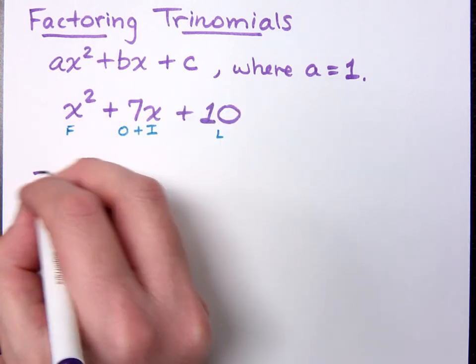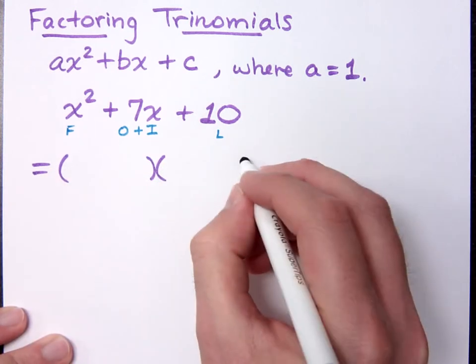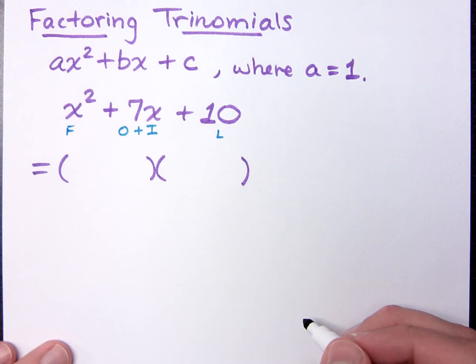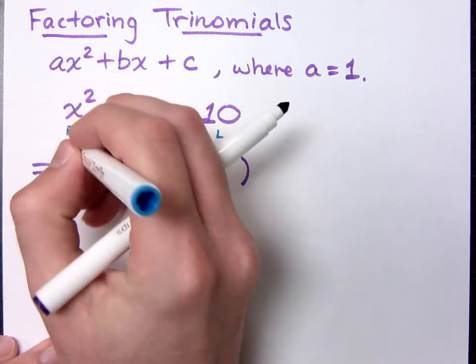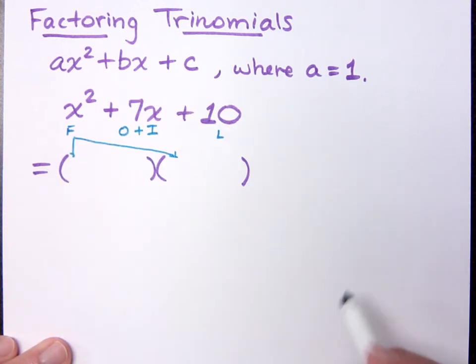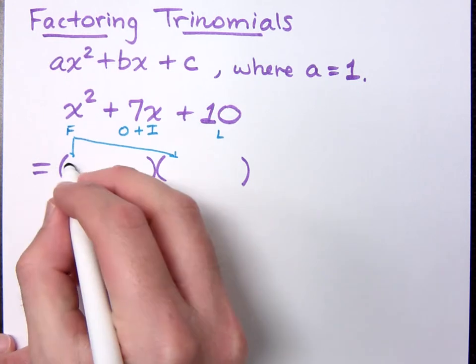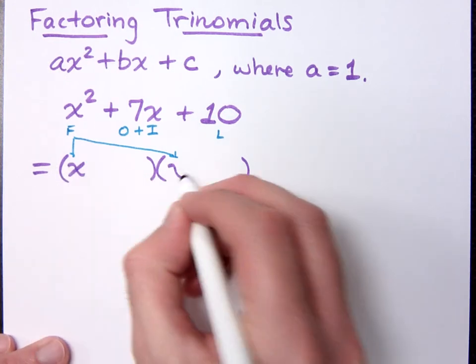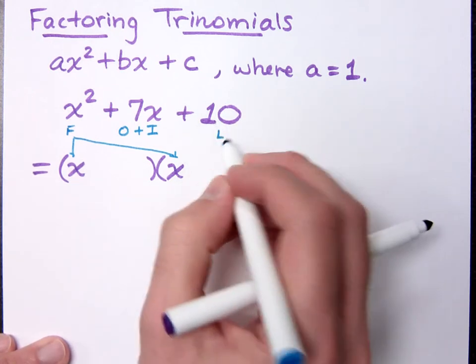So, when I'm factoring this, we expect this to come from the product of two binomials. So the first terms came from the first pieces of this product. How do you break down x squared? x and x. All right. And then the 10 came from the product of the last terms. It came from multiplying this guy